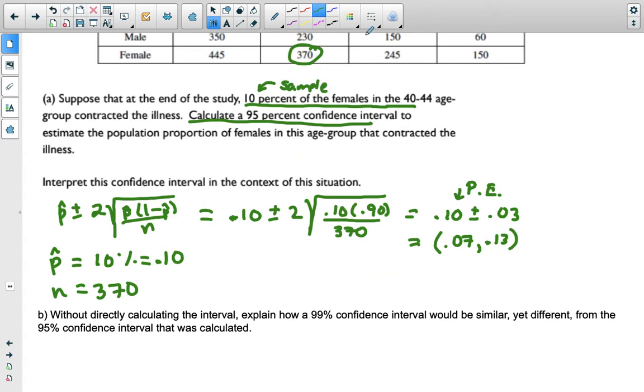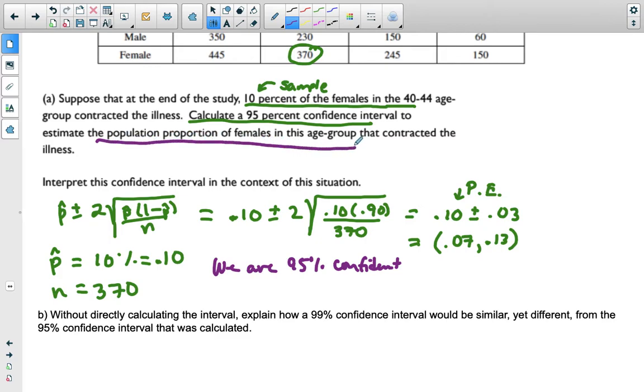So let's do our interpretation. So our interpretation, what do we say? We are 95% confident. What are they trying to estimate? They're trying to estimate the population proportion of females in this age group. We're 95% confident that the population proportion